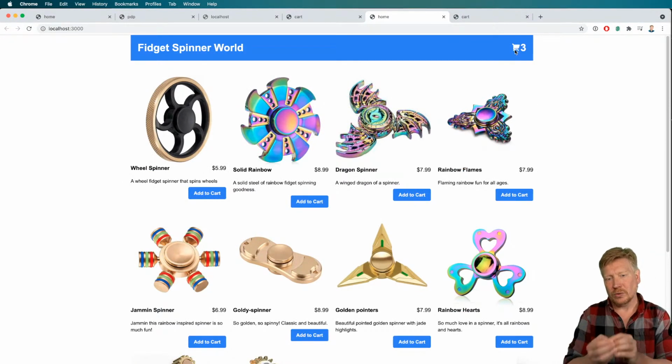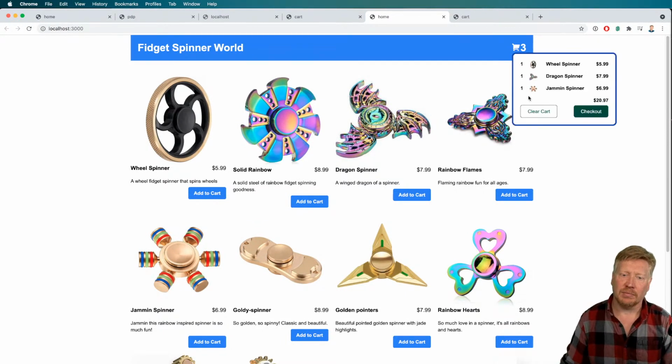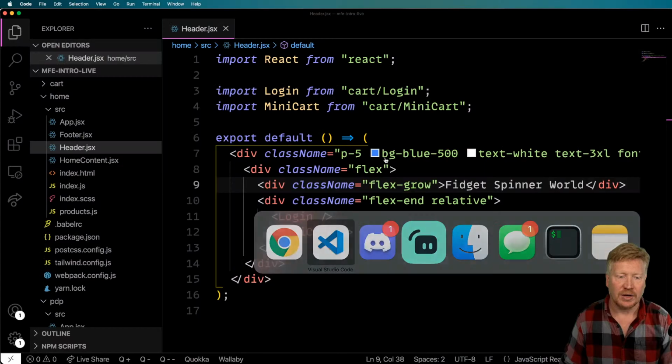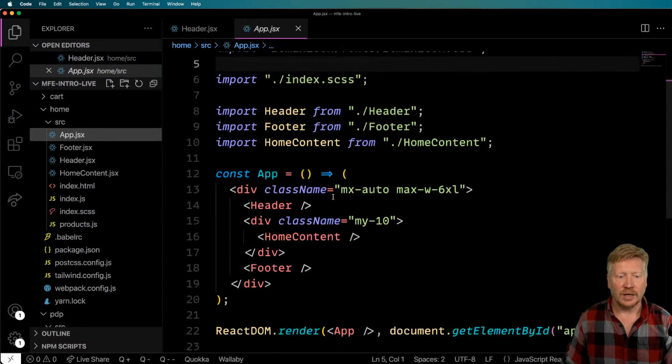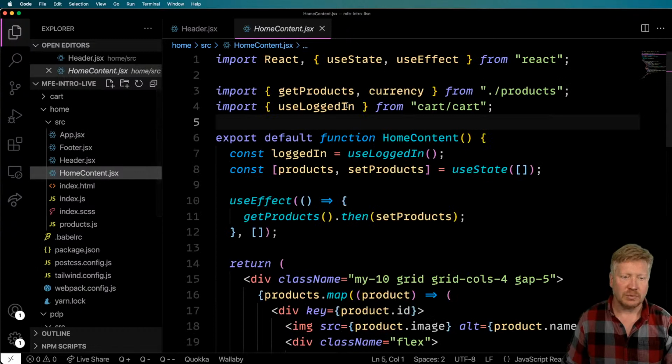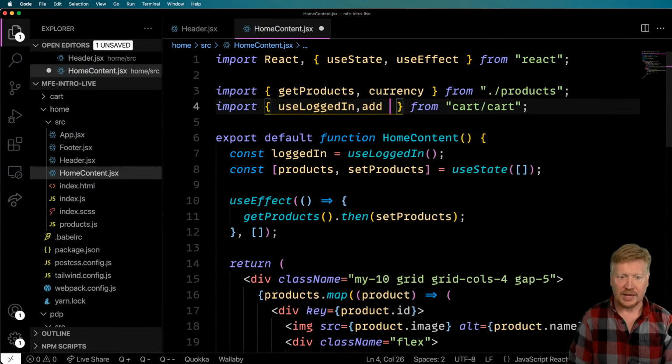So when we're logged in, that MFE for the mini cart shows up, and we can get the list of all of Sally's items in her cart. And it's got some functionality for clearing cart and checking out. But we're going to go and add the add to cart functionality down here that's going to add that item to that cart and see if that works. So let's go here to our homepage. And, home content, that's part. Okay, and so in here, we've got add to cart,